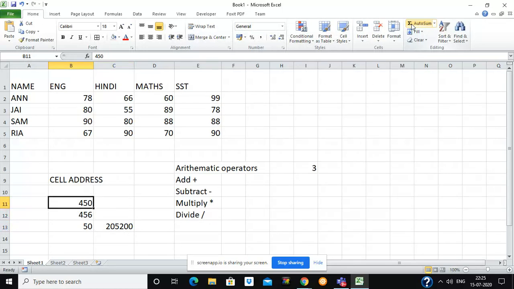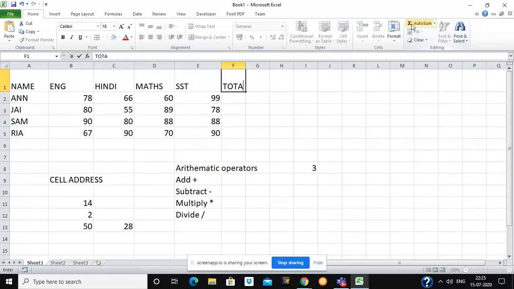So this is how the cell address works. Once you change the values, the formula will automatically recalculate. I'm just taking a small value, 28. This is the advantage of using a cell address in the formula in Excel.